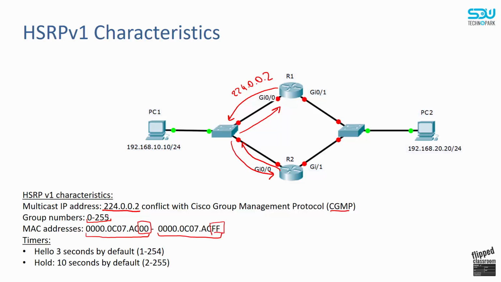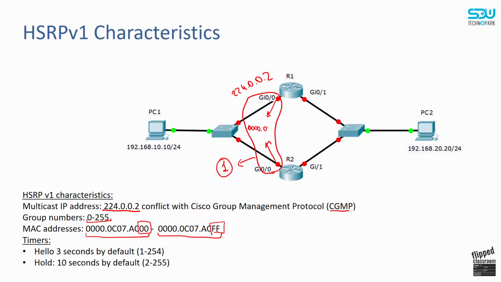And actually it depends on the group number, and for each group, all members will have the same MAC addresses. For example, in case when router 1 and router 2 are working in a single group, for example group number 1, then their MAC addresses will be equal to